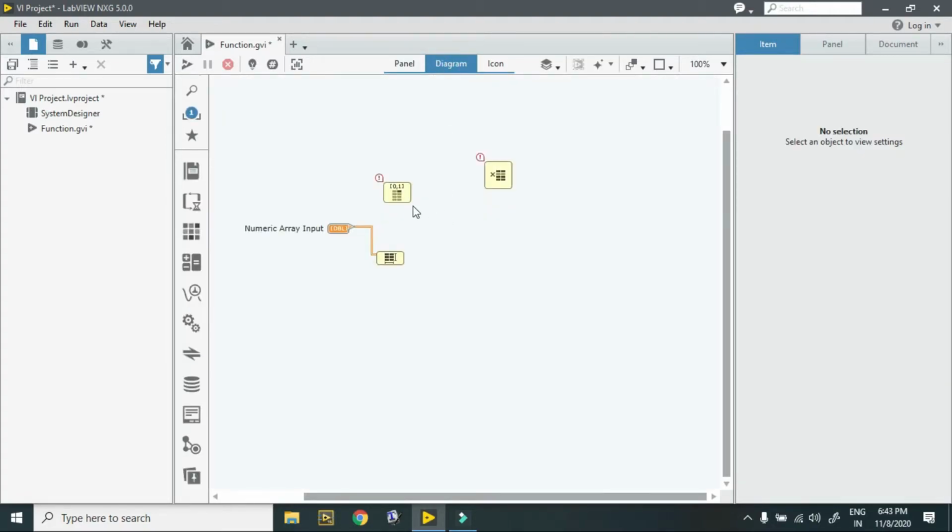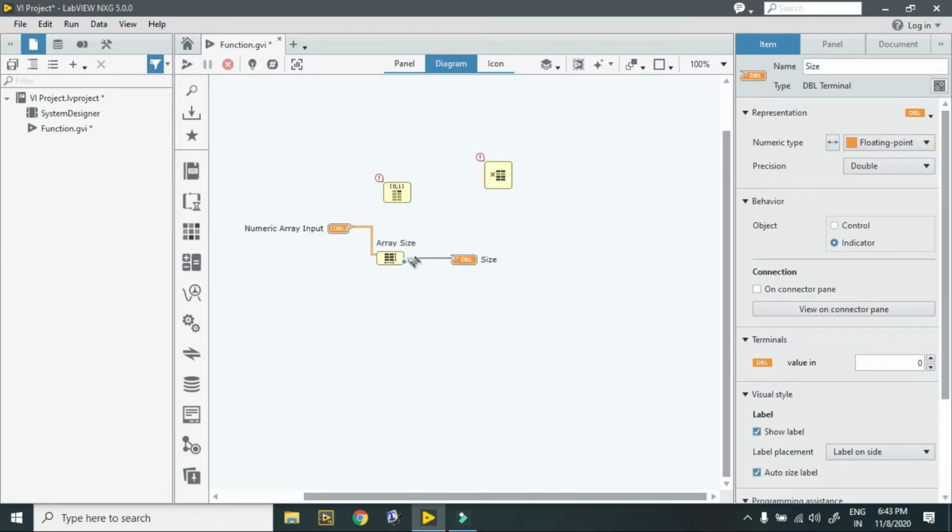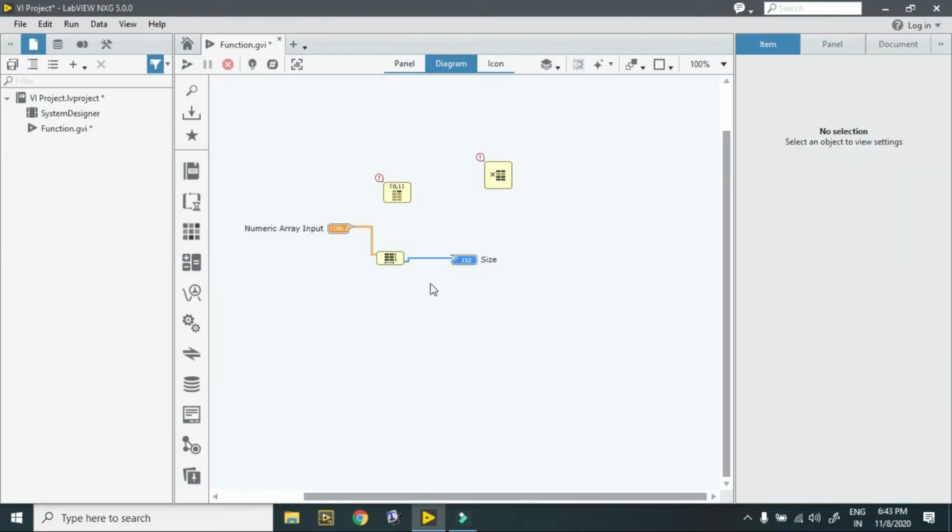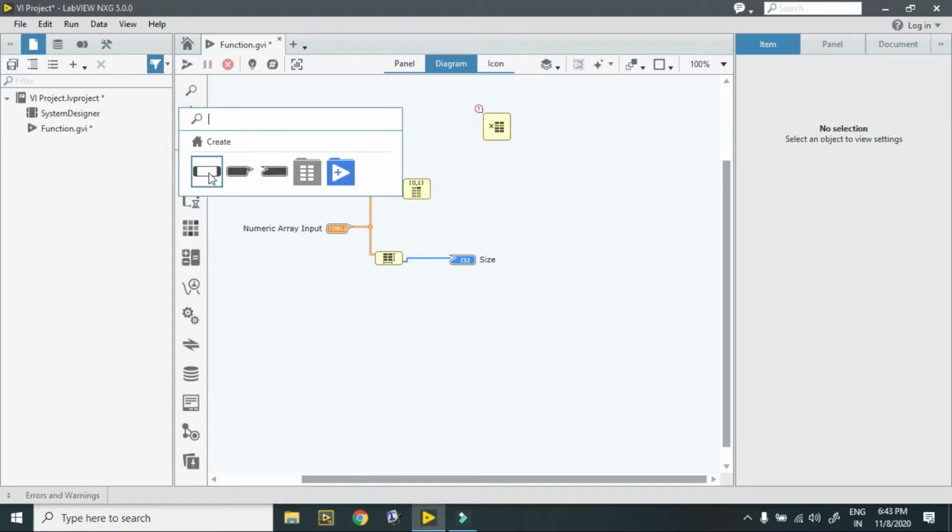Now I go to unplaced items and connect this directly to this. So this is my array size. Now this is my index array. If you want to select a particular element from the array, you just have to place an index. So I right click on this and create a constant.